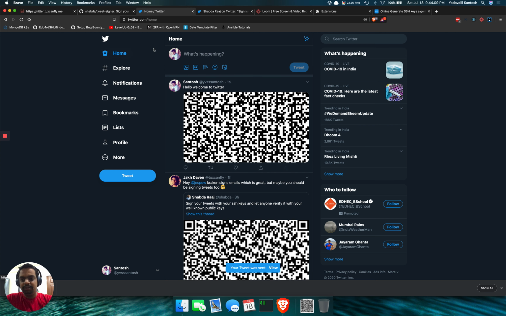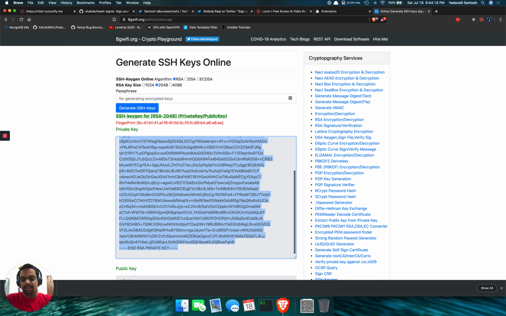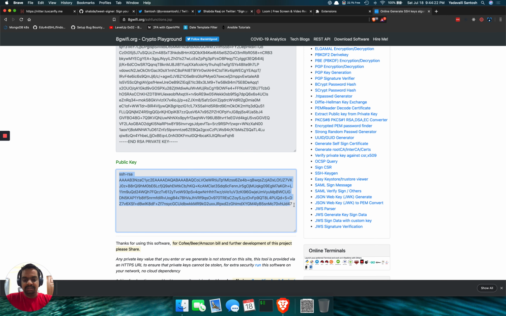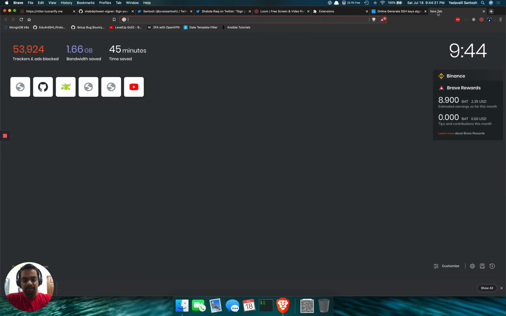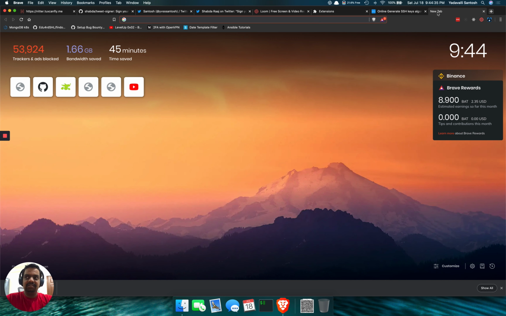One more important thing to remember is that we basically generated a private key and a public key, right? So it is like a pair. Just make sure that the public key is in your bio. You can't have that directly, so let's add this key to our GitHub account, and in that we can directly see the keys.